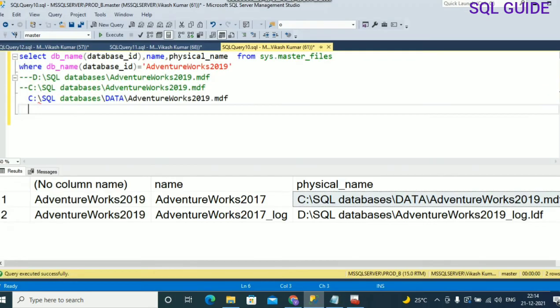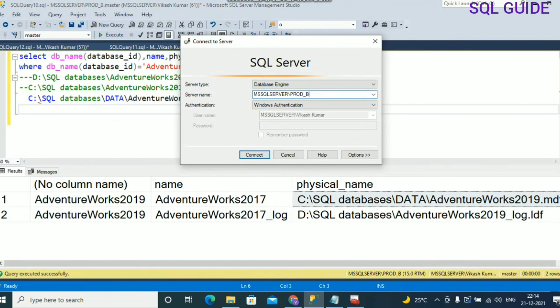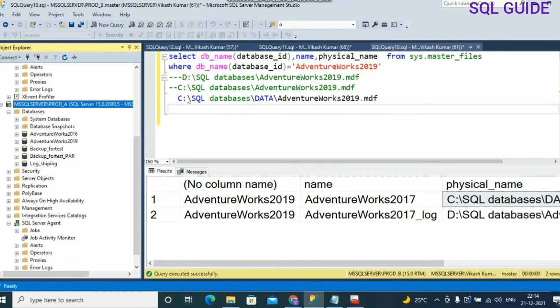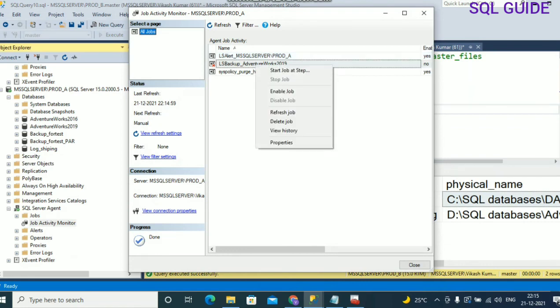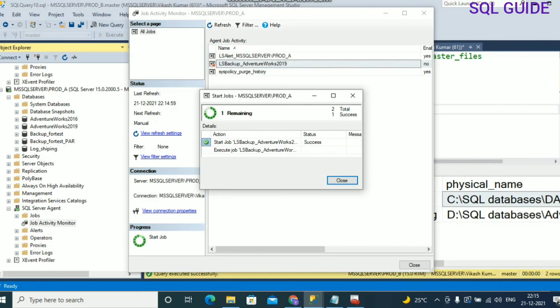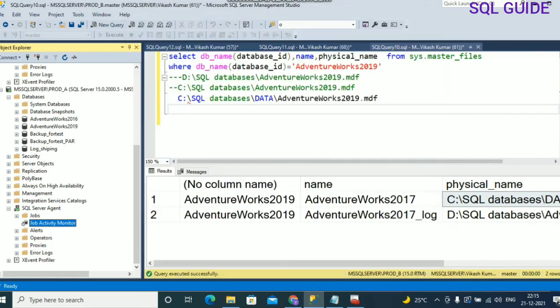For testing purposes, connect to the log shipping primary instance server, go to job activity monitor, and run LS backup AdventureWorks 2019. Just take the log backup. Okay, the log backup has been completed.